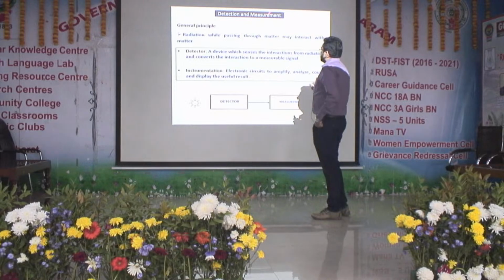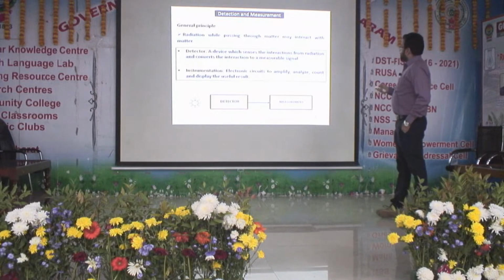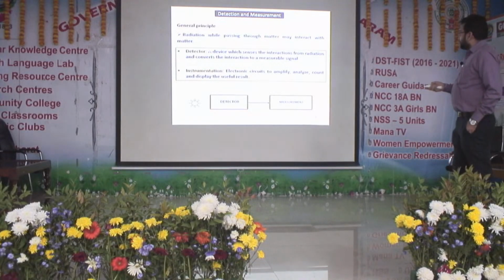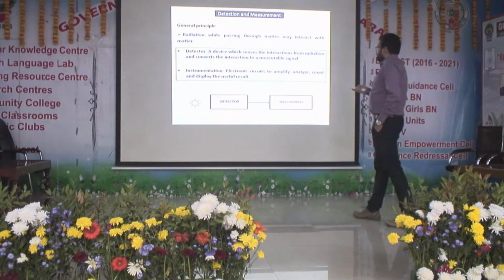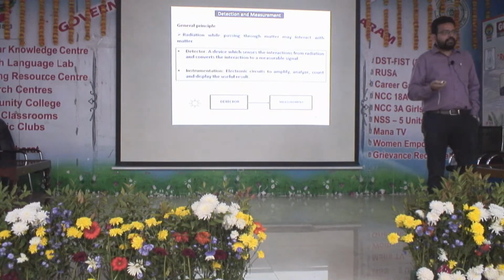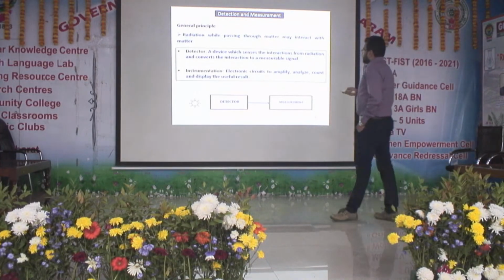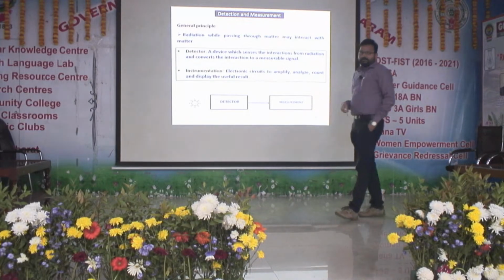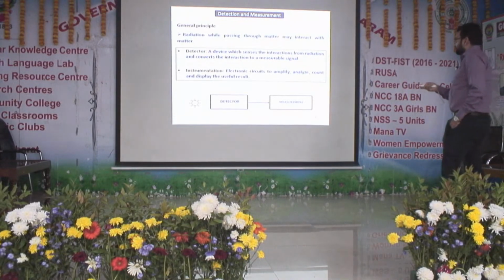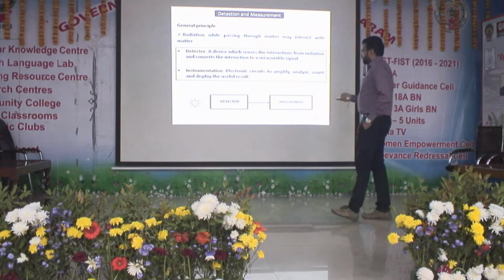When I say detection and measurement, the general principle is that radiation while passing through matter may interact with matter, and if it interacts, then a device should be there which senses the interaction. If it does not sense the interaction, then there is no detection. So first it should sense the interaction from radiation and convert the interaction to a measurable signal. For that we need certain instrumentation which consists of electronic circuits to amplify, analyze, count and display the